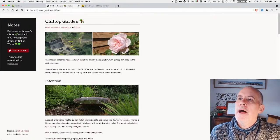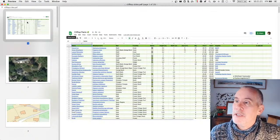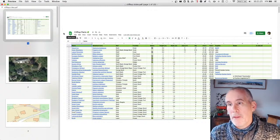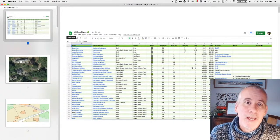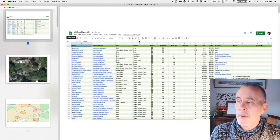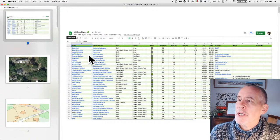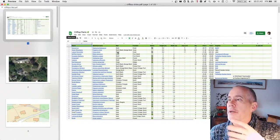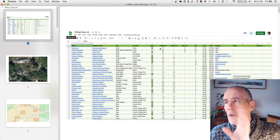And the other key thing that I have going on is a spreadsheet, and it's an invaluable part of the process. I'll just show you a screenshot of the spreadsheet. I can't actually show you the real spreadsheet because my computer is so old it won't cope with it. The spreadsheet just says the name, the botanical name, and which bed it's going in, what it's doing, the function of it, whether it's a native or not, height and width,